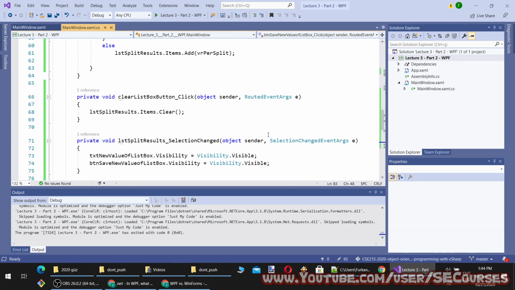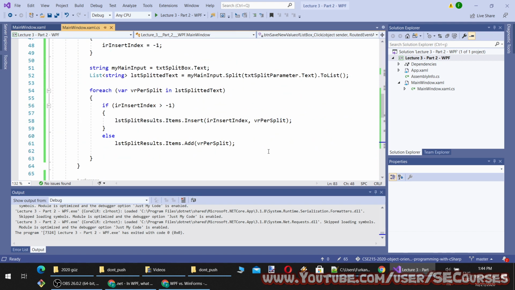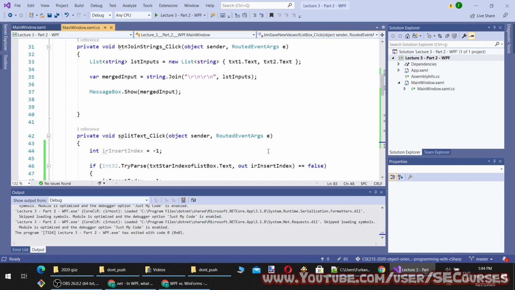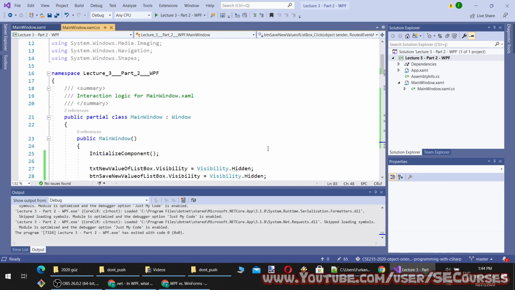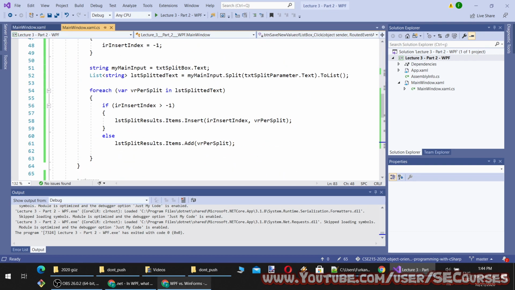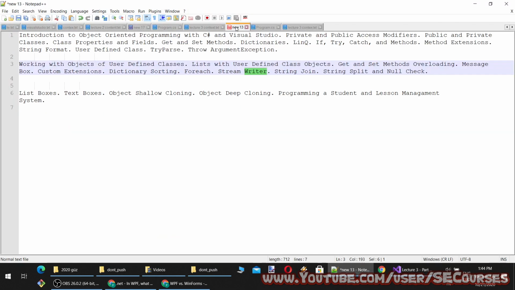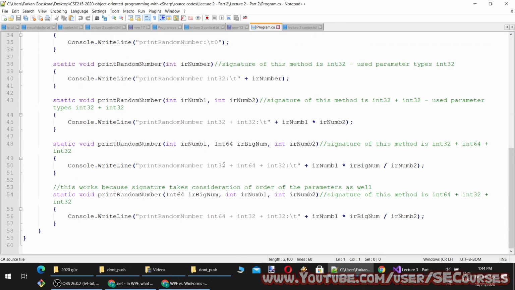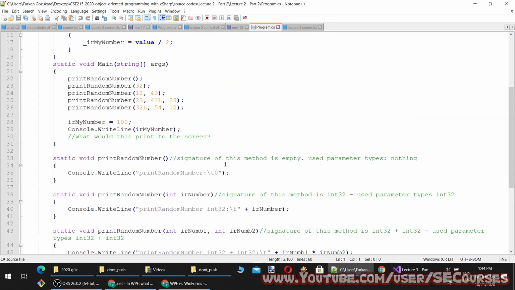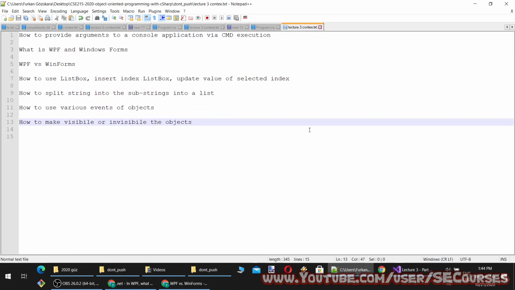Okay, what do we show? All right, now I will show text writer sorting. You see the dictionary sorting in the previous lecture.